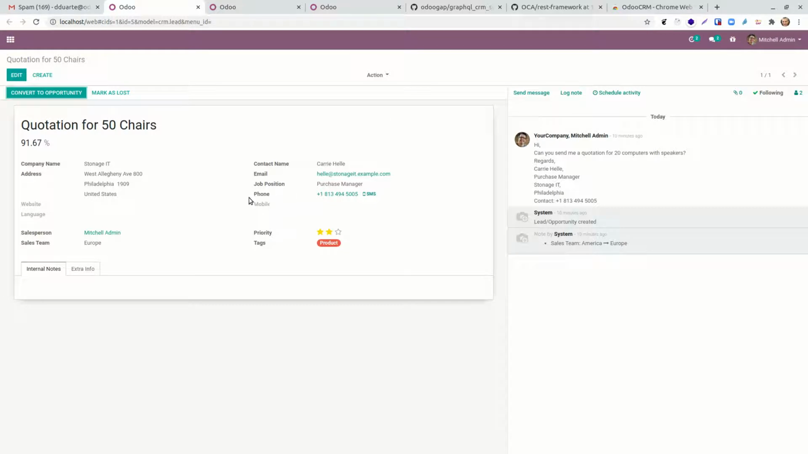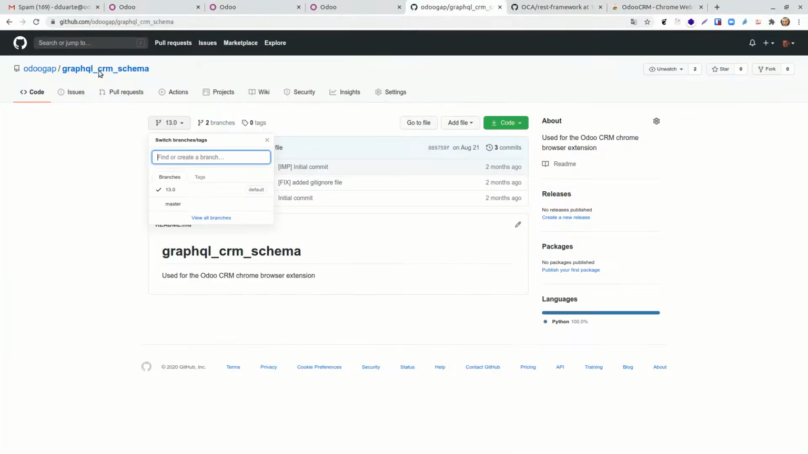You just have to have two things on your Odoo side. You have to have this module, which is GraphQL CRM schema. We have it for version 13, but it's very easy to port it to 12 or any other version, 14 even. Because the advantage is that you can use this with Google, with Yahoo, with any other browser email, right? And so you have to have this module, which is on our public repo, OdooGAP CRM, GraphQL CRM